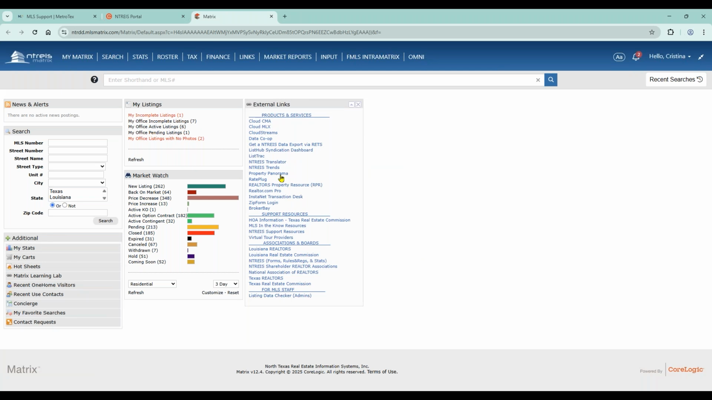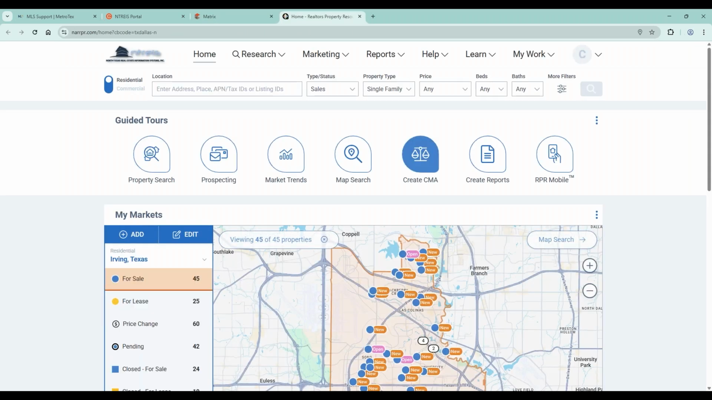Under the external links, you have Realtors, Property Resource, RPR in parentheses. This is another way to get in with that single sign-on access. So just a single click and it should auto log you in. All right, let's keep on looking here. Now that we are in RPR,